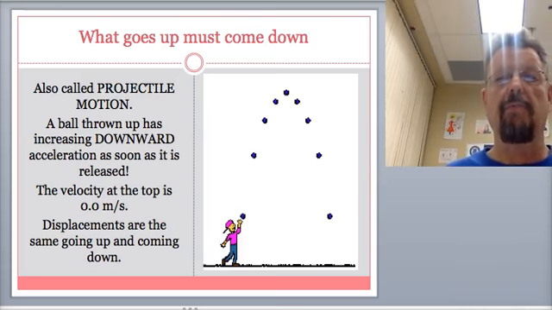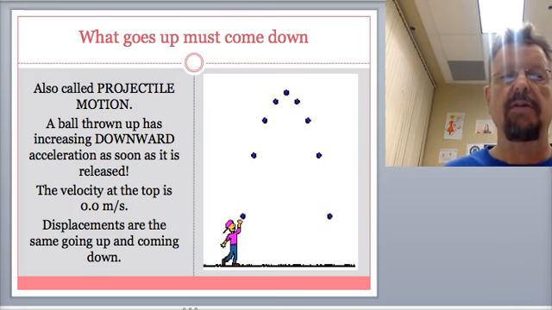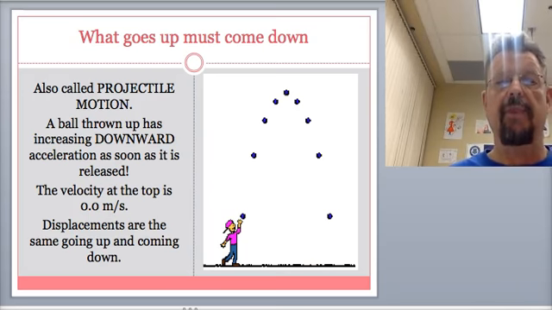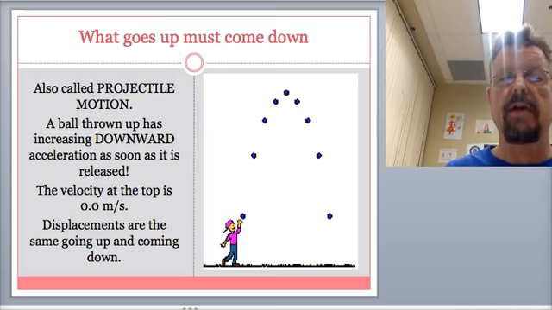What goes up must come down. This is also called projectile motion. A ball thrown up has downward acceleration as soon as it is released. The velocity at the top is 0.0 meters per second. Displacements are the same going up and coming down. So at this time here,